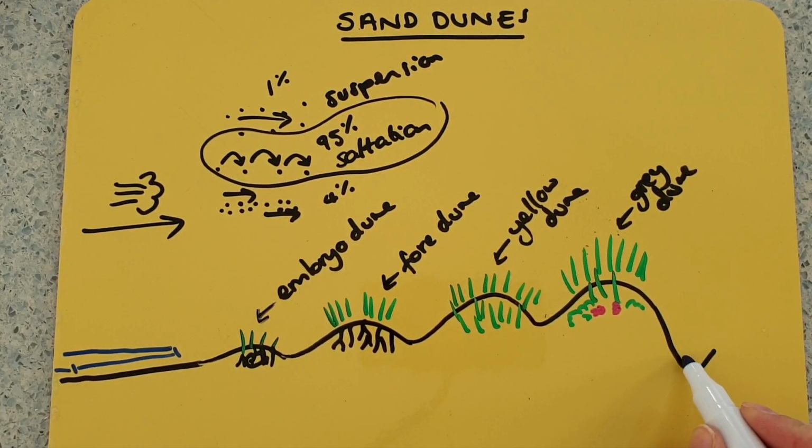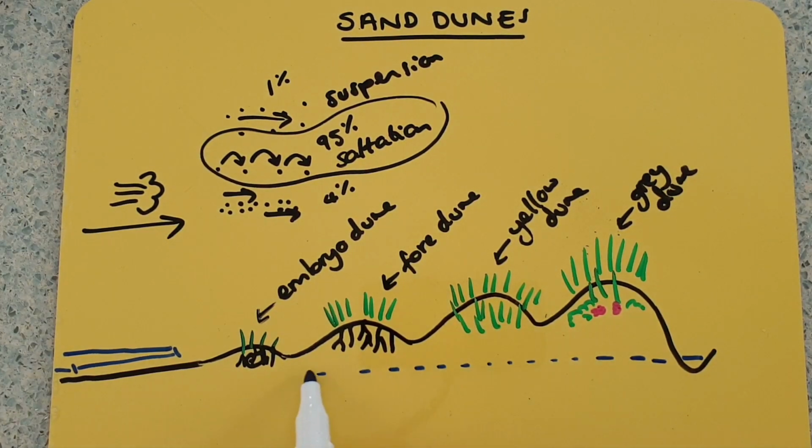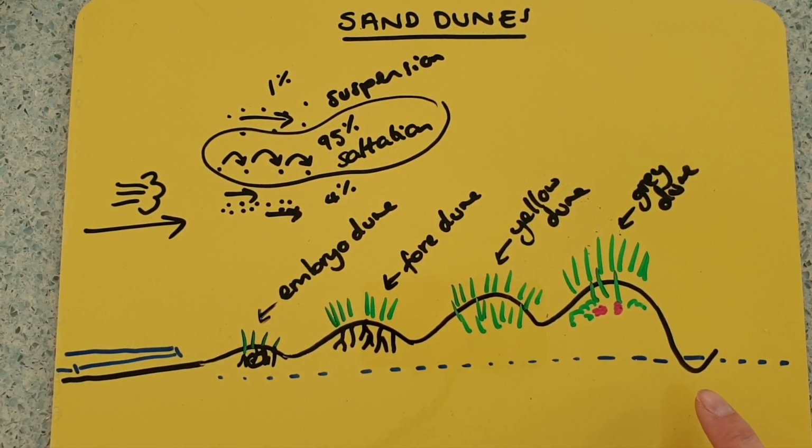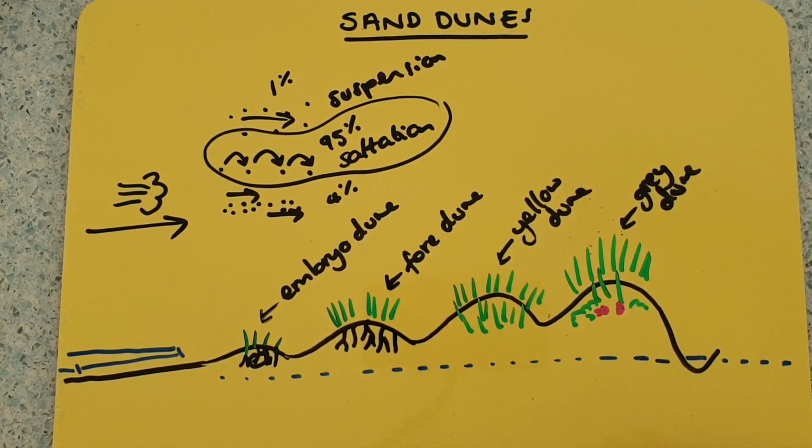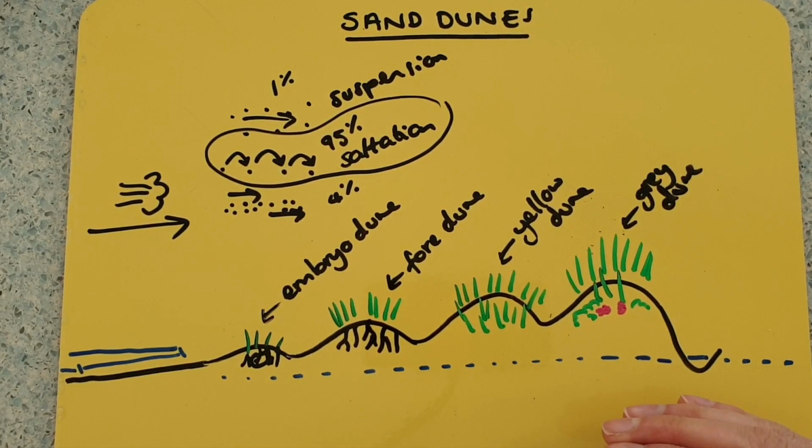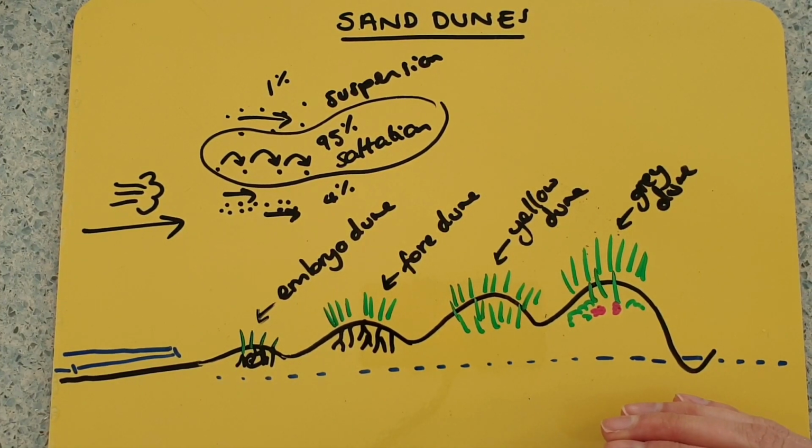So the water table is simply, let's just draw it all the way along. If you go to the beach and dig a big hole, you'll eventually get to a point where your hole starts to cave in and you'll see water at the bottom. That's because you reach the water table, and you can effectively dig pretty much anywhere and eventually you'll get to the water table. It's the layer where naturally the water gets to, and it sits in the